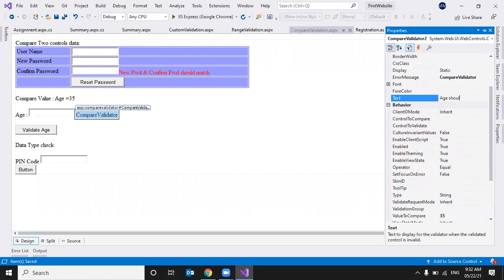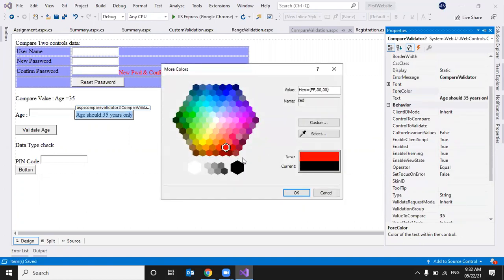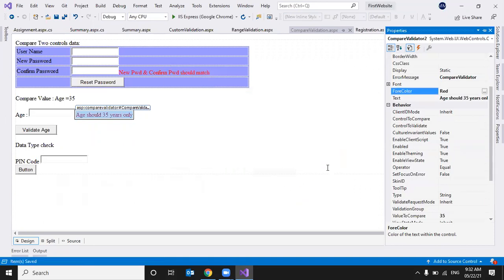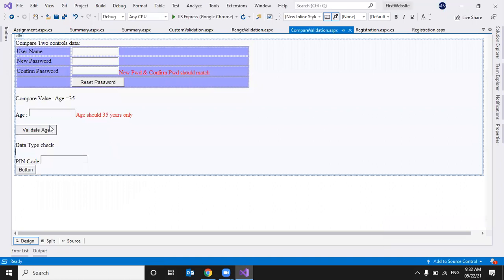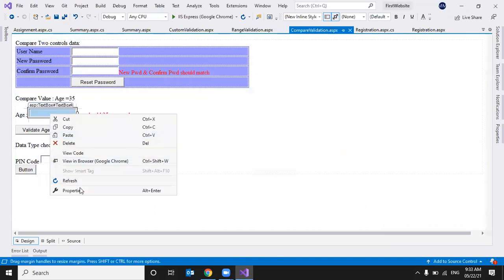Age should be 35 years only. I just set the error message, setting some red color. Control to validate is txt age. So let me name it.